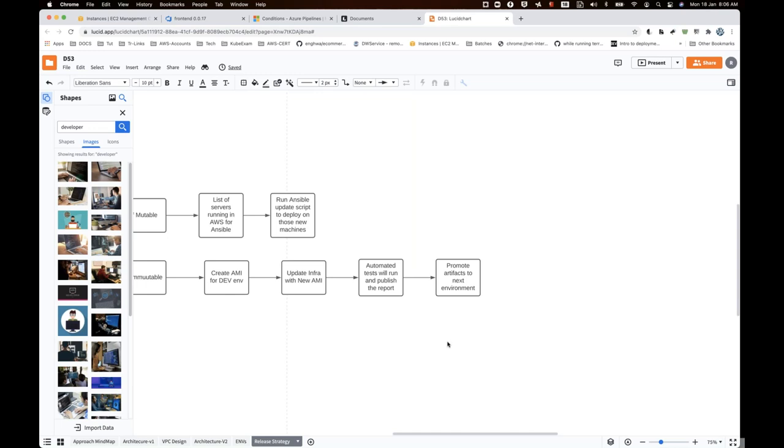How do you define the promotion? Some people are authorized to promote it. Some reports tell you that you can promote. It depends. Some security scans tell you that there are no issues, so you are promoted to the next one. So some approach will be there, and we'll be dealing with that.